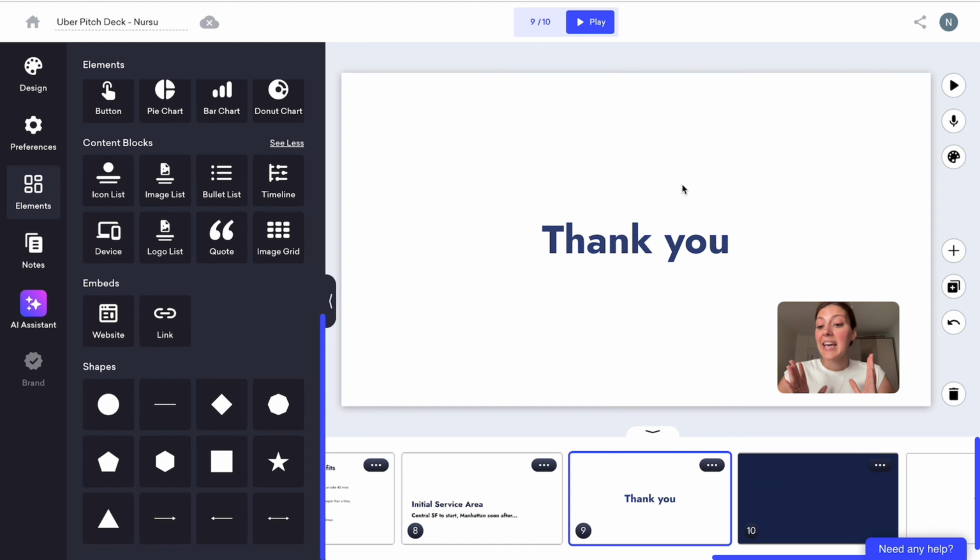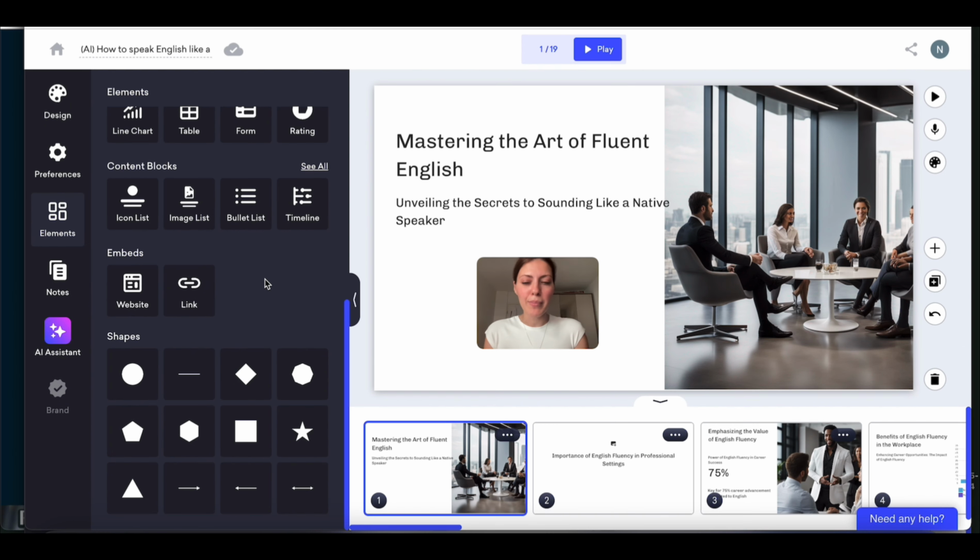In the shape section, feel free to choose and move any of the shapes we provide, just like so. Moreover, you have the option to personalize the palette with your preferred colors, so it doesn't have to be this color. Okay, now I want to talk about the notes section, but in order to be able to do that,